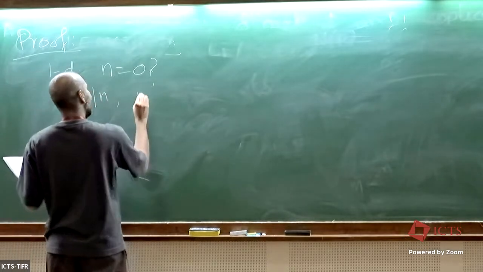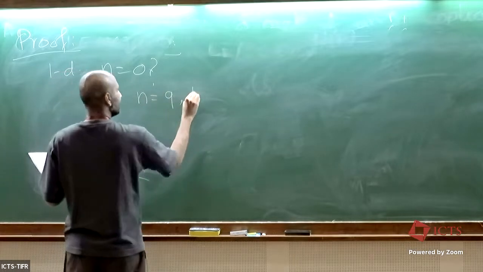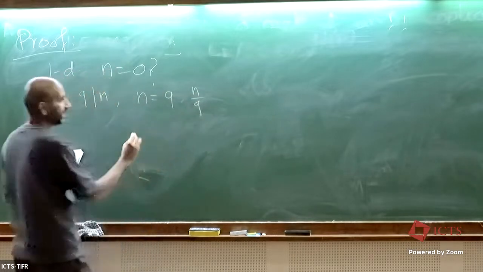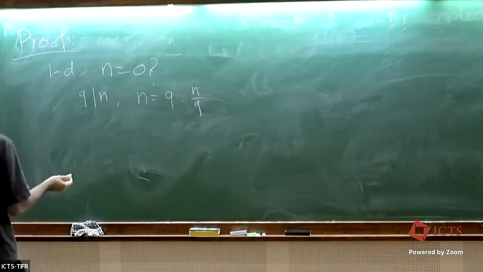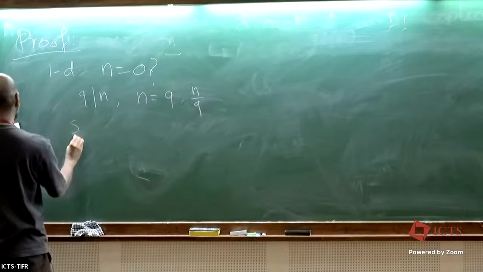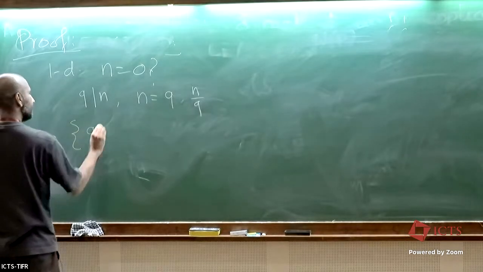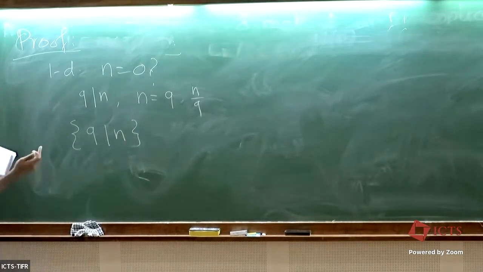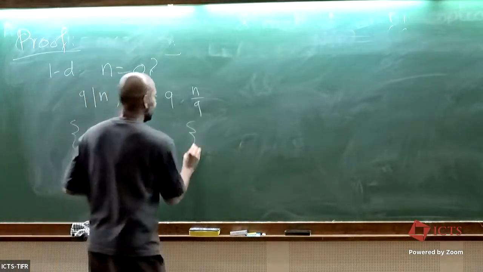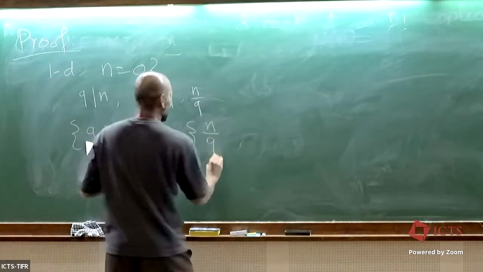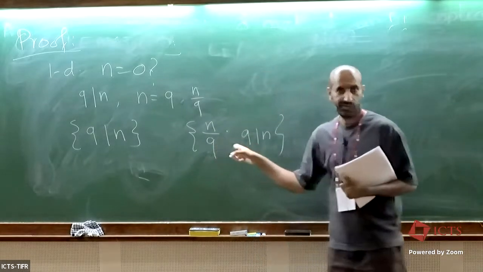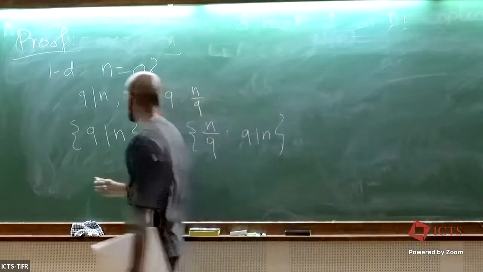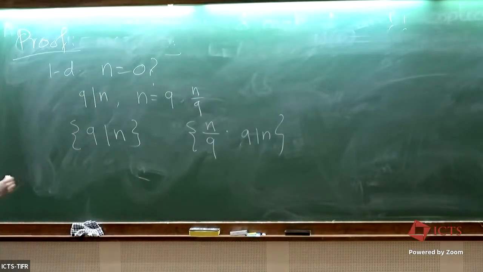This means that n can be decomposed as q times n over q. Both of these are natural numbers, if n is a natural number. So you have this duality of sets: on one side, I'm looking at all divisors of n. On the other side, I'm looking at divisors of n, and I'm looking at the dual divisor, n over q. So say everything is over natural numbers, as long as n is non-zero,